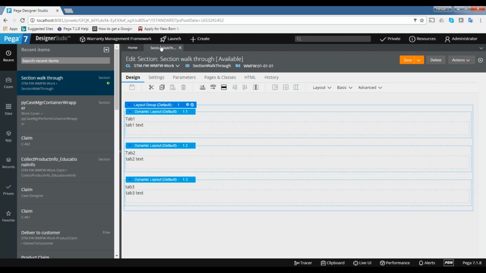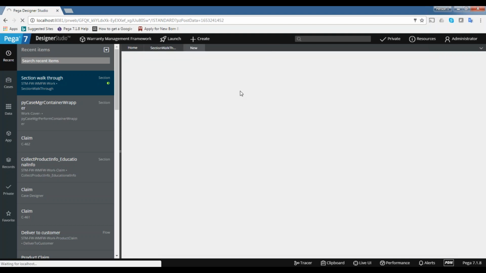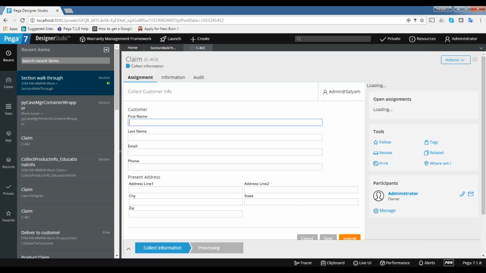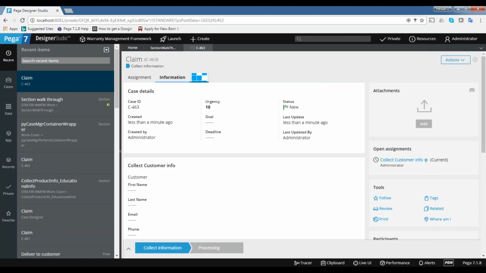And moreover, if you see, when you run the case, they use a layout group only for displaying the case data. On the top you can see 3 tabs are coming: assignment, information, audit.